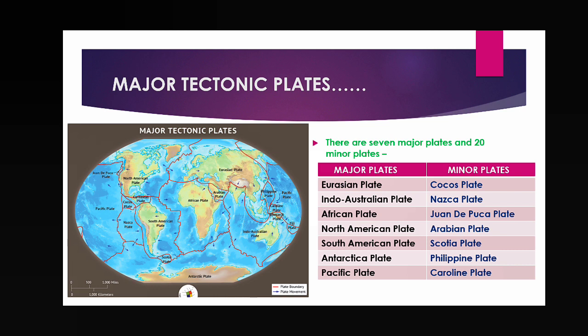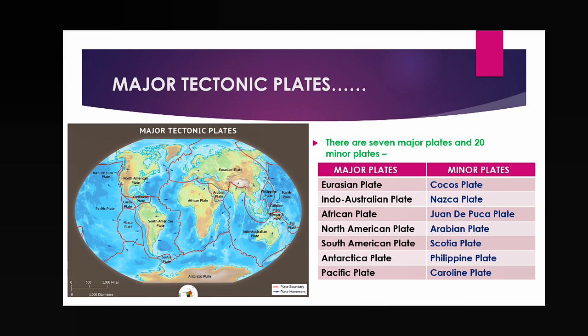That is one division. Another division present is that plates are of mainly two types on the basis of their size, on the basis of their covering area. So there are two names. Who are they? Major plates and minor plates. So you can guess, major means what? Bigger in size, covering a large area, and minor plates means smaller in size, covering a small area.